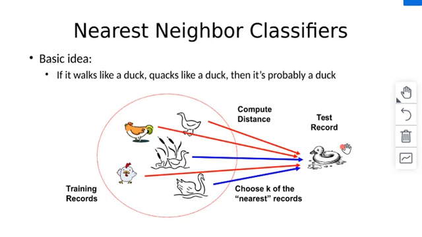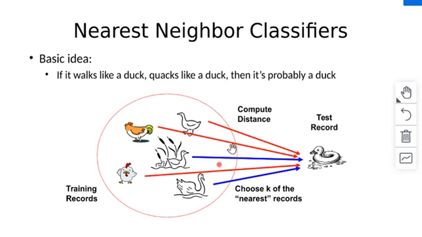So nearest neighbor. Neighbor means who sits or resides next to us, yes or no? We call them a neighbor. Here we take the training records and the test record together. We are not training the model first and then using the test record; training and test go side by side.